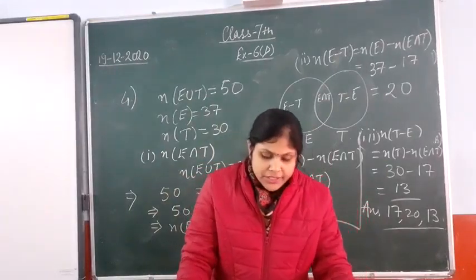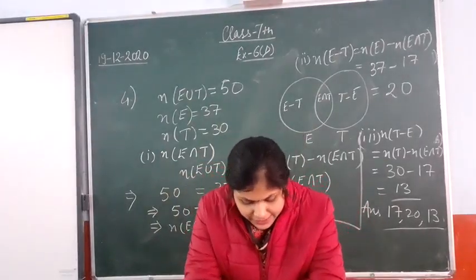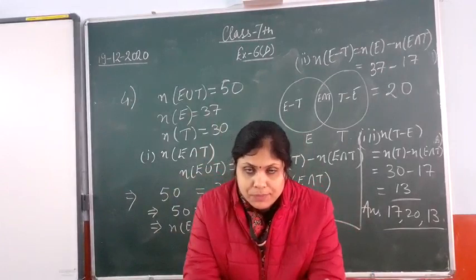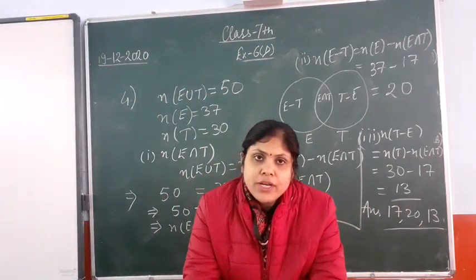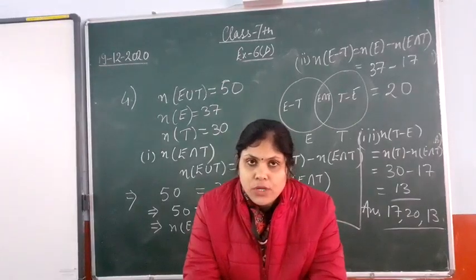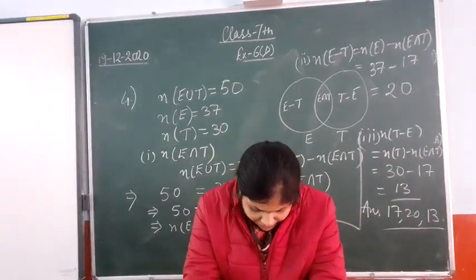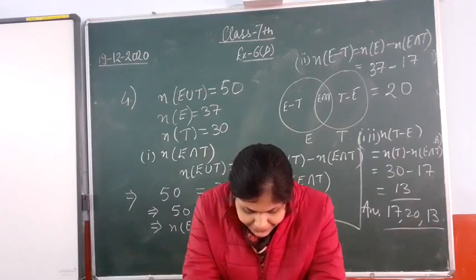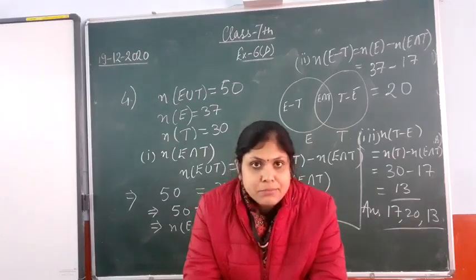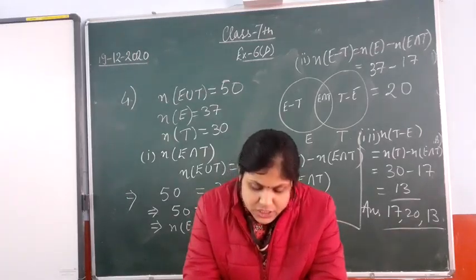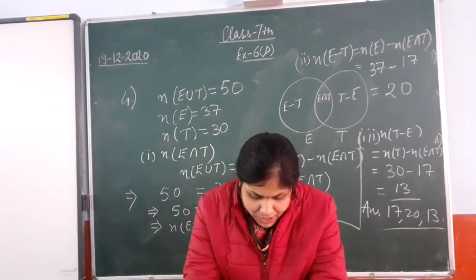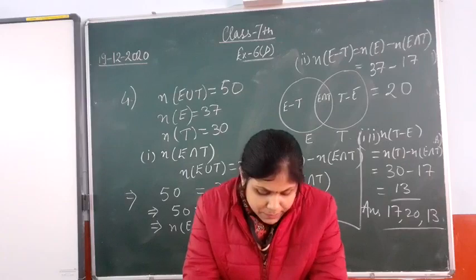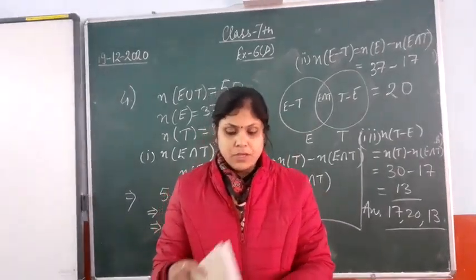In a class of 40 students, each one plays either tennis or badminton or both. Here, tennis and badminton, you can take T as one set and B as one set. n(T union B) is given here. If 28 play tennis and 26 play badminton, meaning n(T) is given as 28 and n(B) is given as 26, you have to take out how many play both the games. Okay.